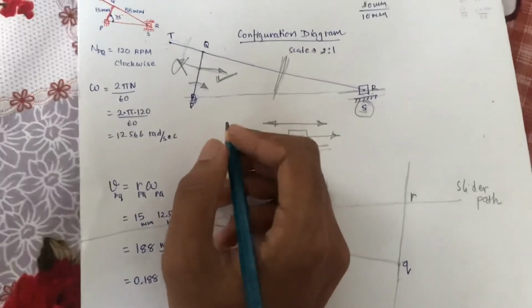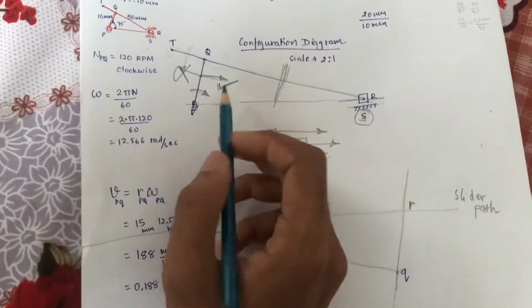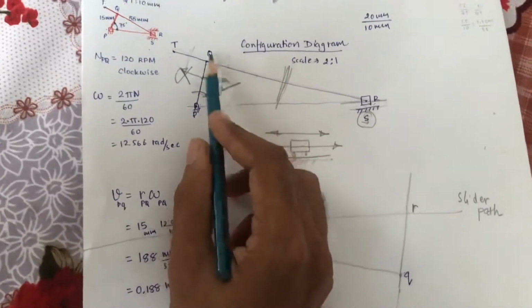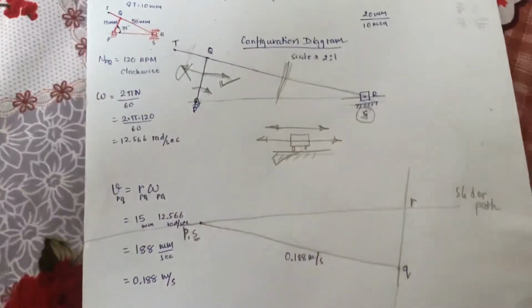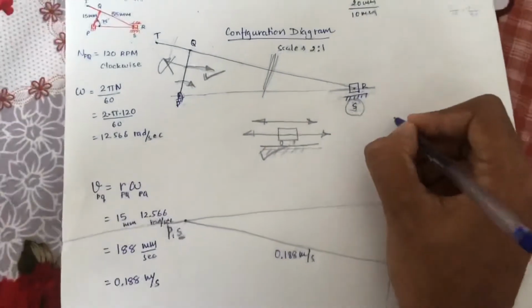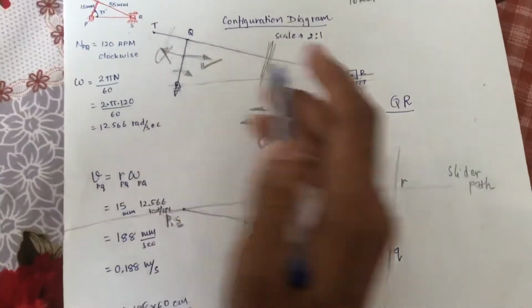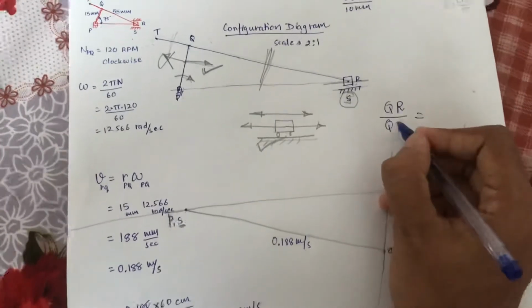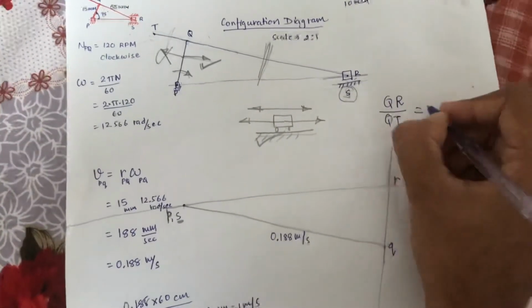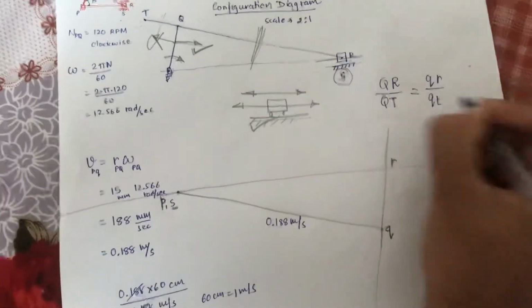So wherever an intermediate point is given, we can find it using ratio. We already have the QR link and the velocity of QR. So let us consider the ratio. QR is completely known and we want to find QT. So QR divided by QT from the configuration. Now the same ratio from the velocity: small QR and small QT.